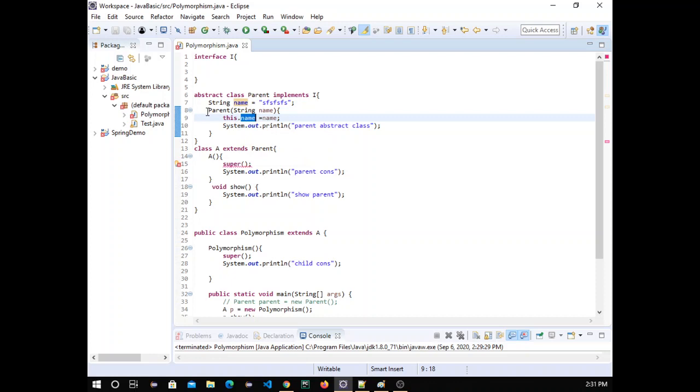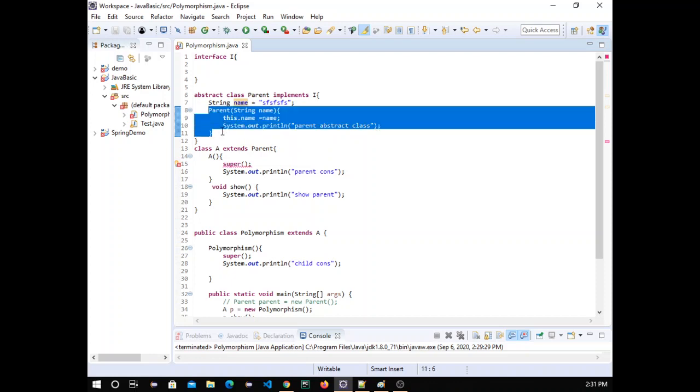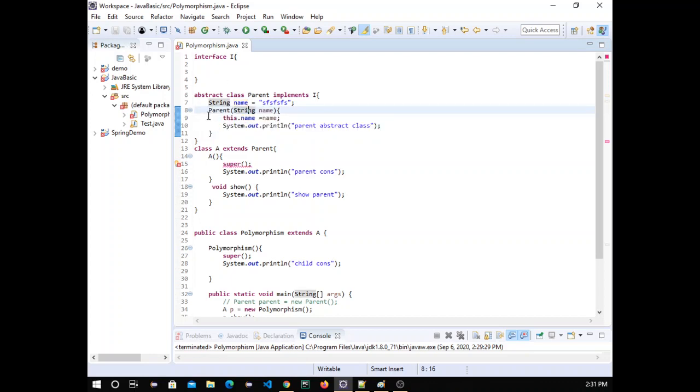So that's why Java allows us to write the constructor inside an abstract class, but in an interface you can't write this constructor. The purpose of writing this constructor is very clear: just to initialize the variable we can write the constructor inside an abstract class, but you can't create the object of this class by using this constructor.